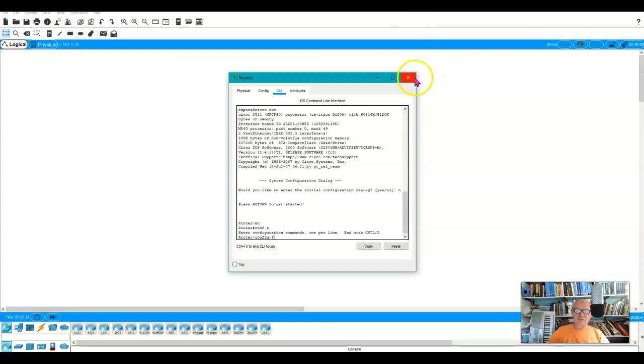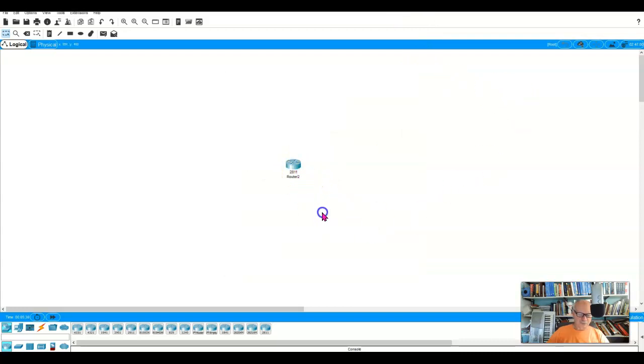However, it is possible to simulate the same thing we have in the physical world, that is to say, connect a PC to this thing, which is the way that we would actually configure it in the real world. So I'm going to take a PC, add that, and now I've got to connect the two. So I'll go over here to the cables, and I'm going to choose the console cable. We'll go from the RS-232 interface on the PC up to the 2811 router. We'll connect those, and I'll connect that to the console port here on the router. Now I'm ready to configure this thing with my PC.